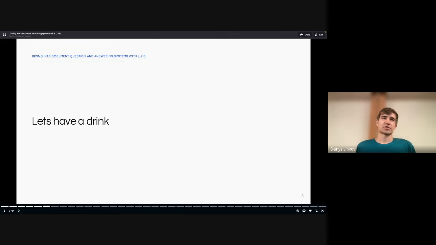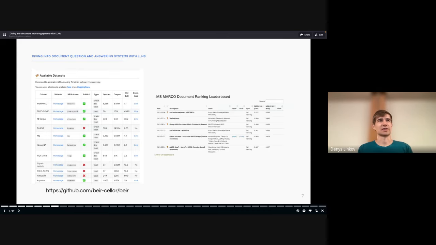To actually measure how good a retrieval system is, you need some kind of benchmark. And to my earlier joke of having a drink, there's this benchmark called BEIR. BEIR takes in a bunch of different data sets, I don't remember how many there are, from different years and different domains. We have MS MARCO, which is a search data set, which was quite amazing for fine-tuning language models to do information retrieval. We have some other ones for financial data, for COVID questions, etc.